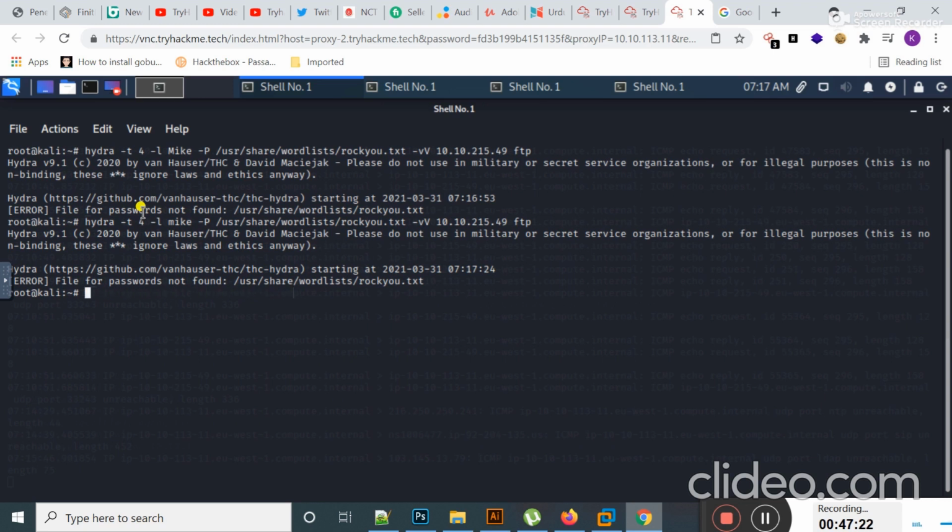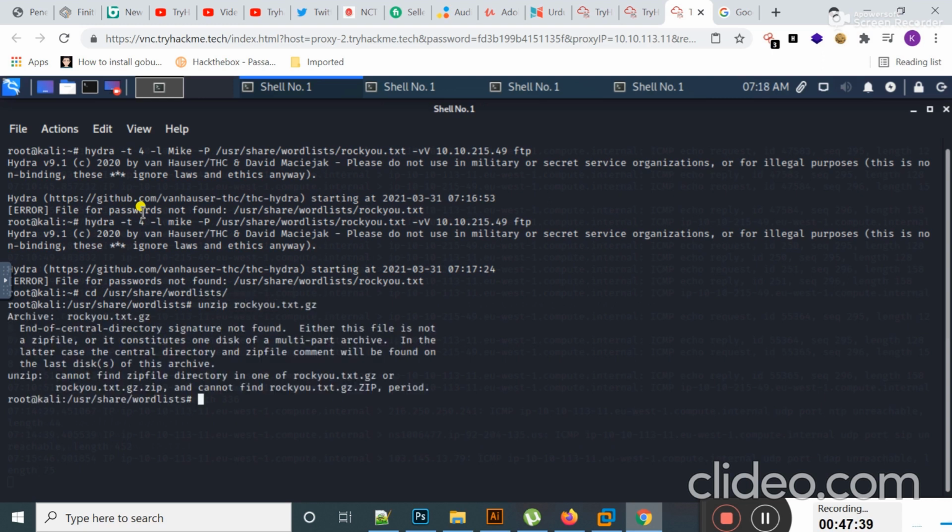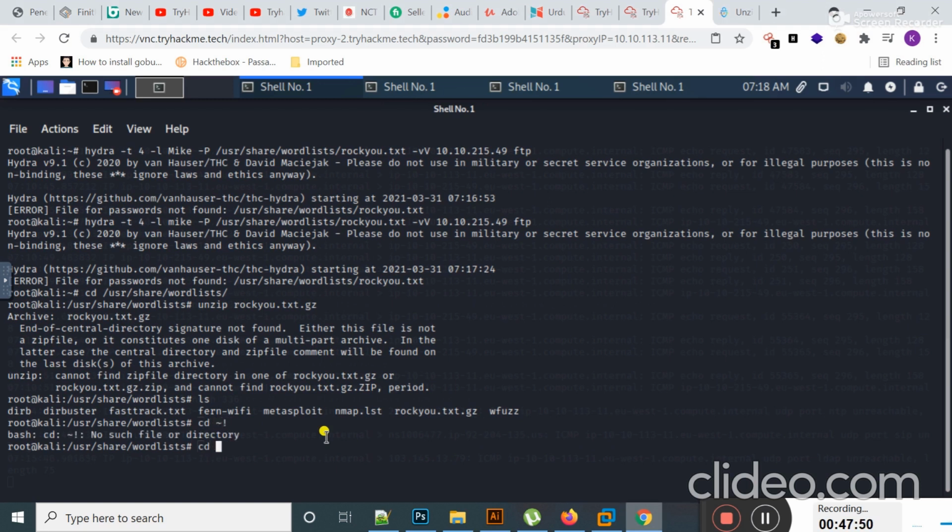The machine has started and its IP address appeared, so I'm going to start the Nmap scan against 10.10.215.49 and hit enter. Now it will perform a full port scan against the target machine. It takes some time. You should be patient.